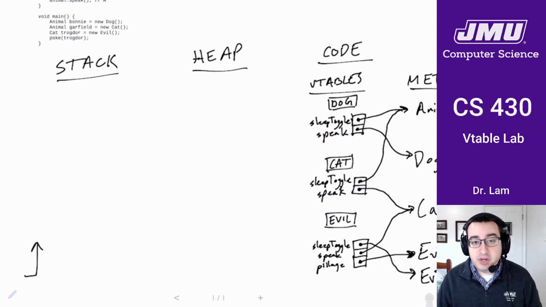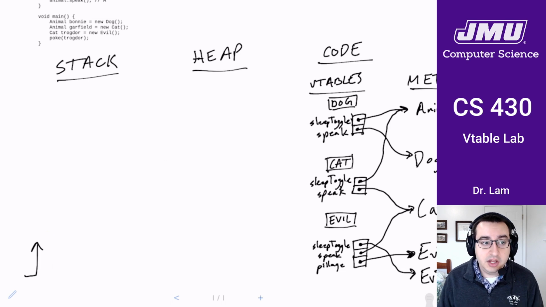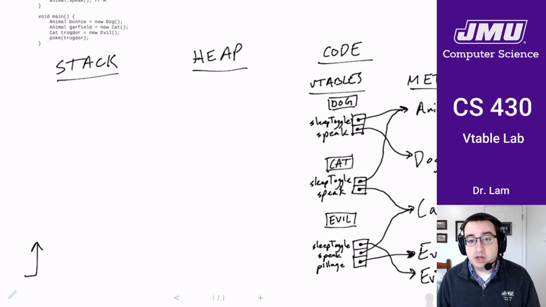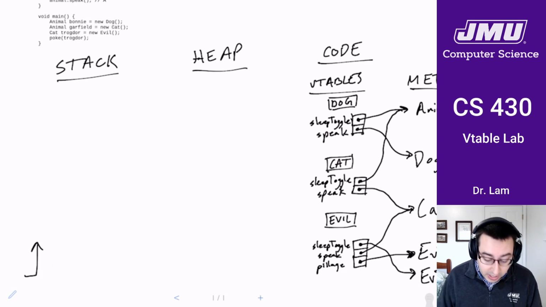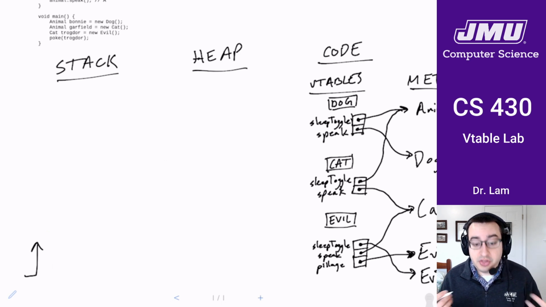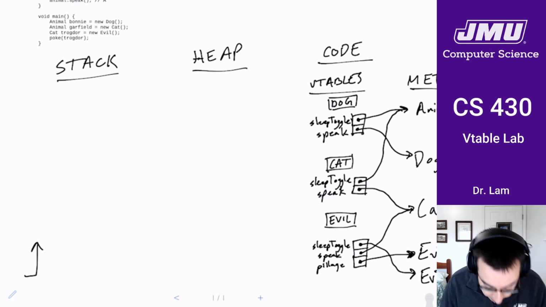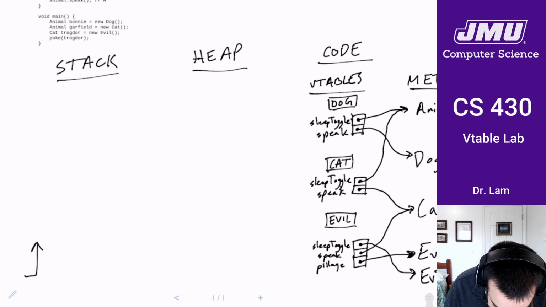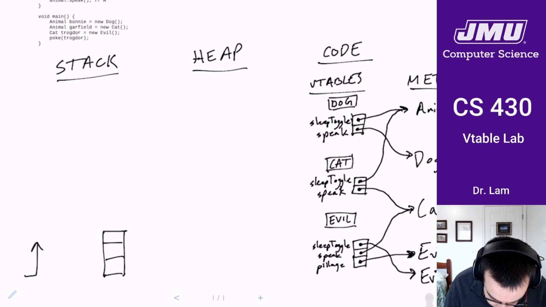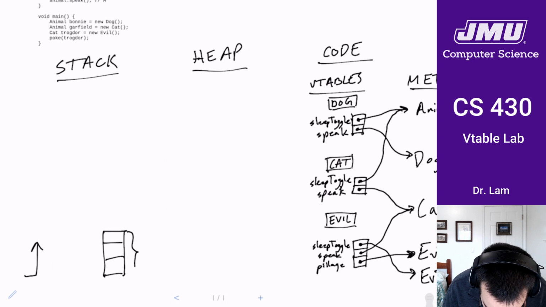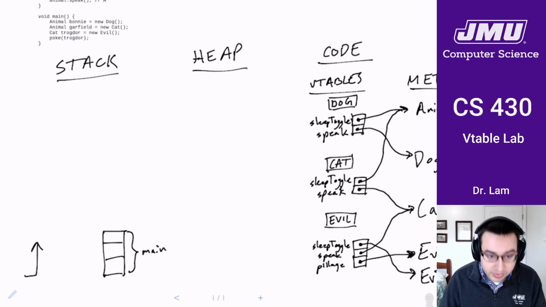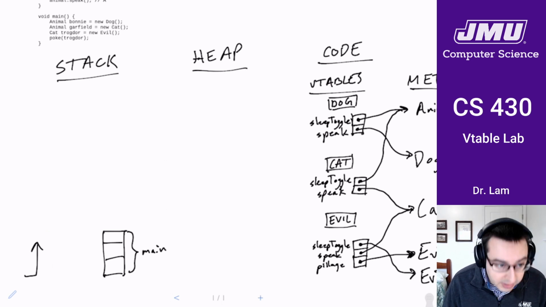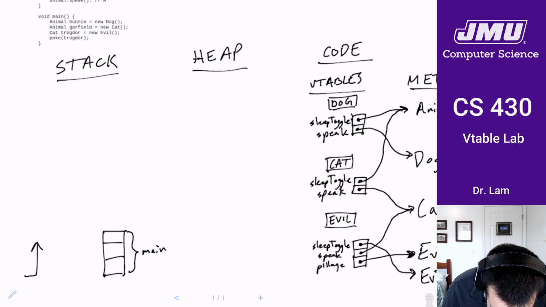But for this week, we only really care about the things that we need to create class instance records for. And for main, that's really just the three local variables. So there's going to be three entries inside of main's stack frame. So I'm going to draw it like this. We've got three entries here. This is all main. And then we've got Bonnie,